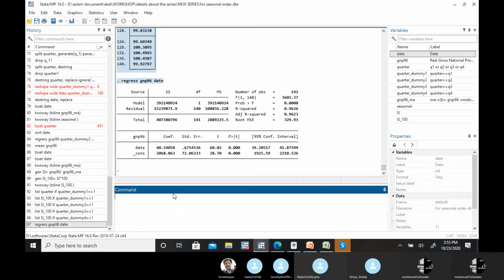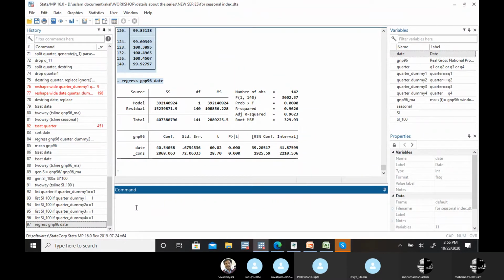Here the variable is significant, the R value is quite high, meaning this GNP is increasing over time. But there are variables which generally increase over time. But here you only have one variable, so that's what we call serial correlation or spurious correlation type of thing.